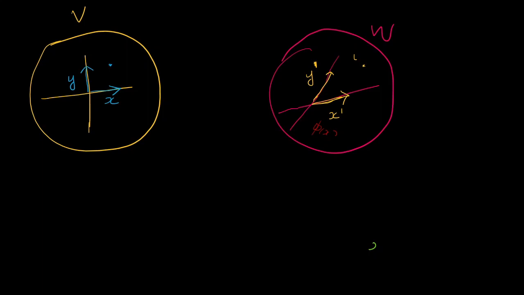Okay, and we find the sum of these two vectors x, y. So we will get a vector like this. This is the sum of x and y, x plus y. When we transform this x plus y into w, we will get x dash plus y dash. This vector will be the transformed version of x plus y.